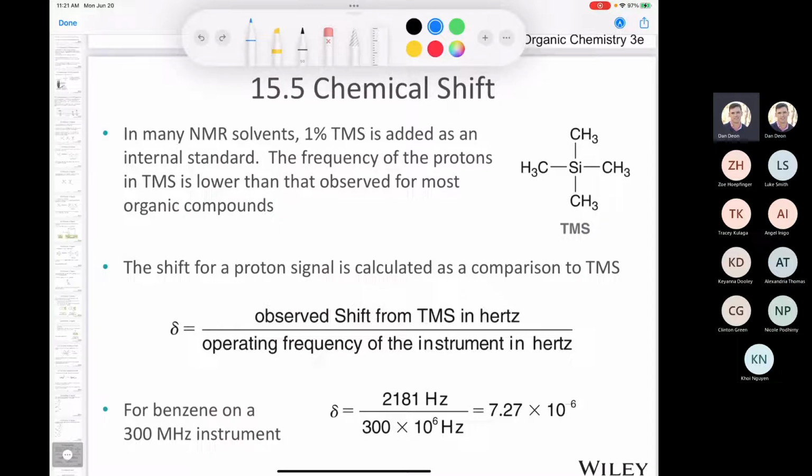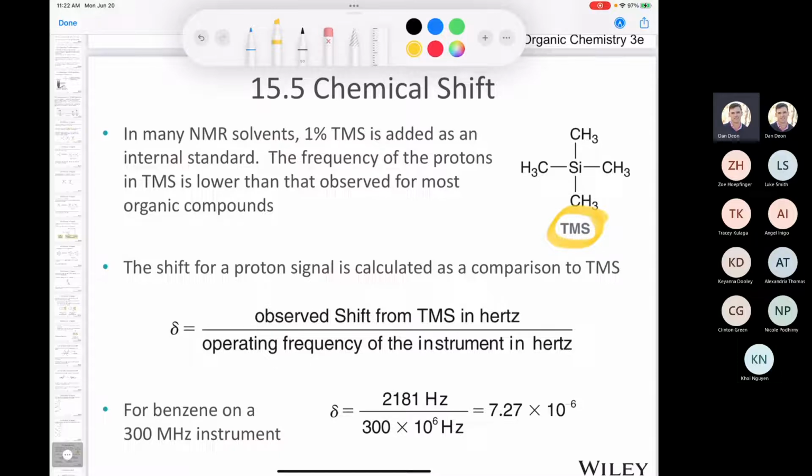And if you're wondering, why do they put this compound, tetramethylsilane, in all of these NMR solvents? The reason is that the shift for a proton in an NMR spectrum is always calculated in comparison to tetramethylsilane. That means tetramethylsilane is the standard for all scientists around the world. If anybody runs an NMR spectrum and reports a chemical shift, it's always reported 100% of the time in reference to